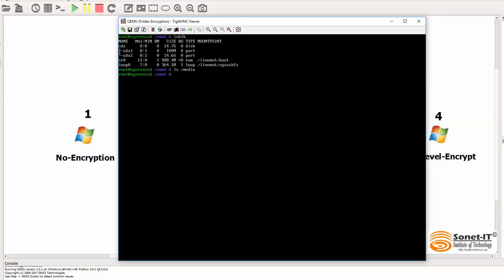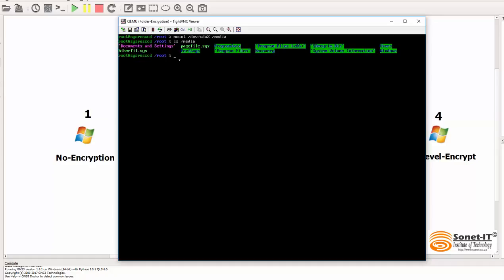And then I can mount SDA2 where the juice is, so the command is mount /device/SDA2, and our mount point is /media. Okay, it's not complaining, so it means it is mounted. So if I do ls /media, as you can see, I can see some Windows files. So let's go into the Windows files. So that will be cd media,